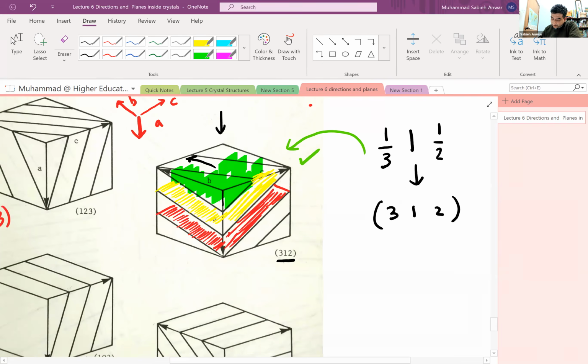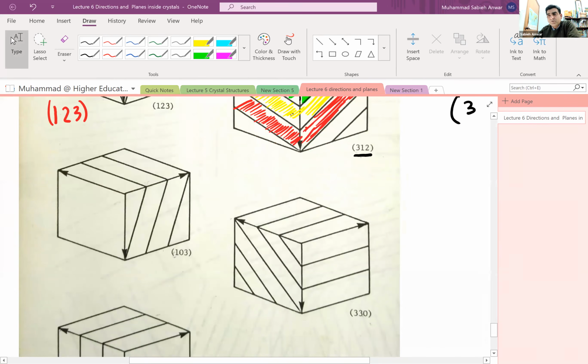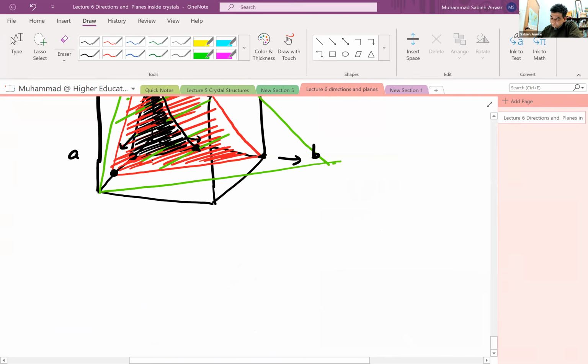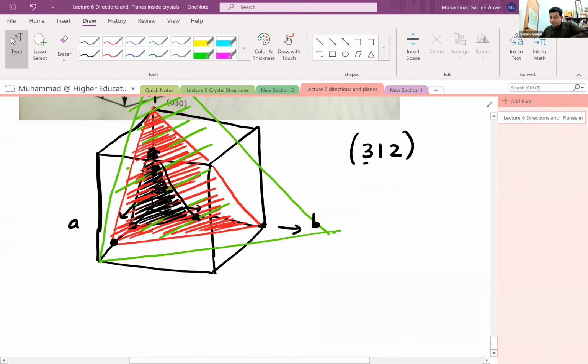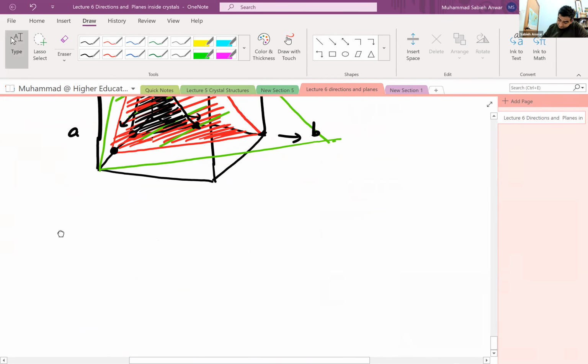I'm talking about more of a graphical and an intuitive approach of indexing these Miller planes. Now in the cubic system, if you notice,